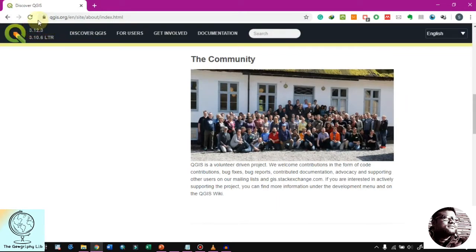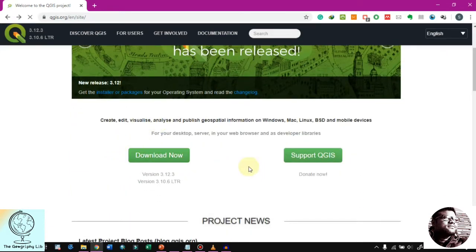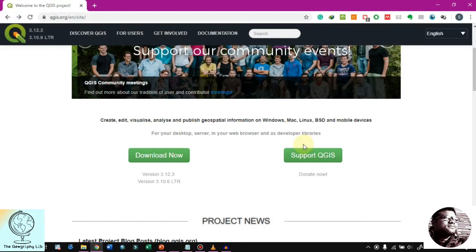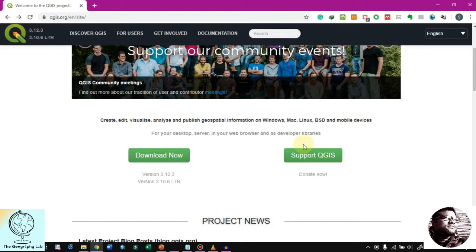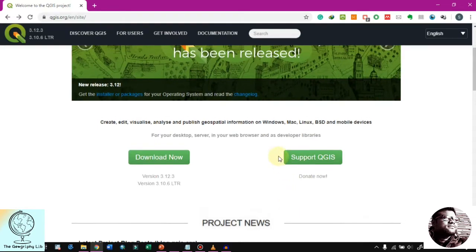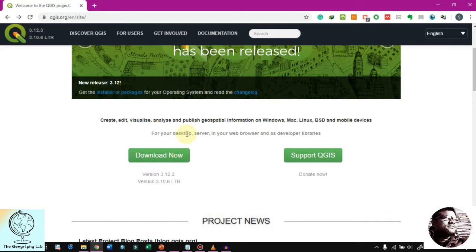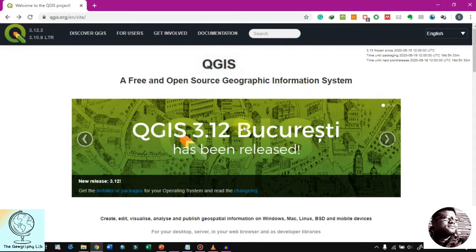Let's go to the main home page. In the home page we have basically three types of QGIS version. One is the LTR, that is the long-term release, second is the latest release, that is 3.12, and another one is the developer version.